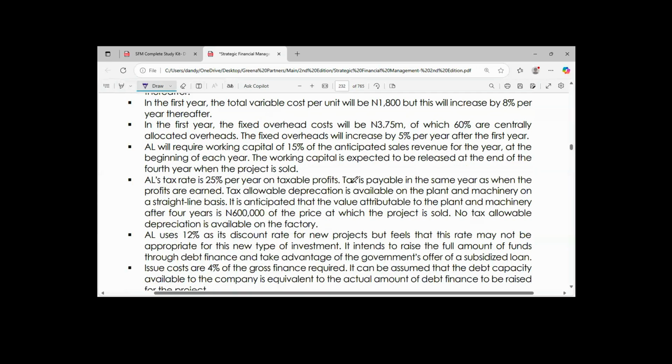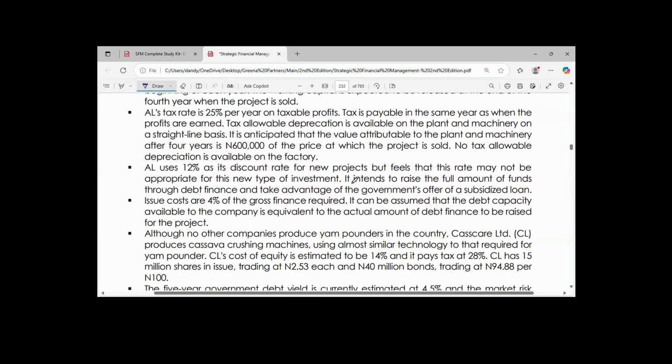AL uses 12% as its discount rate for new projects, but feels that this rate may not be appropriate for this new type of investment. It intends to raise the full amount of funds through debt finance and take advantage of the government's offer of a subsidized loan. Issue costs are 4% of the gross finance required. It can be assumed that the debt capacity available to the company is equivalent to the actual amount of debt finance to be raised for the project. Although no other companies produce yam powders in the country,